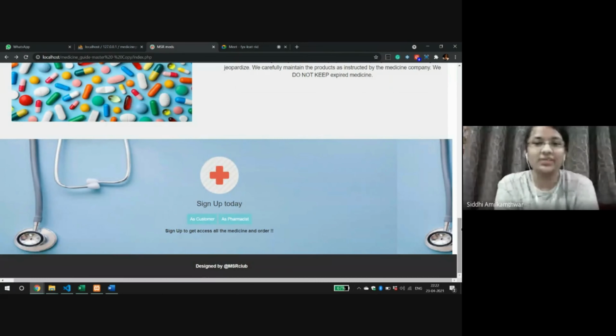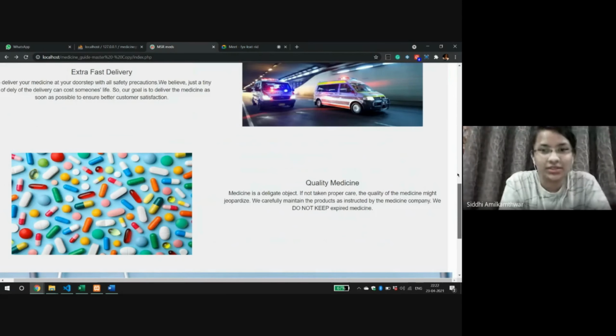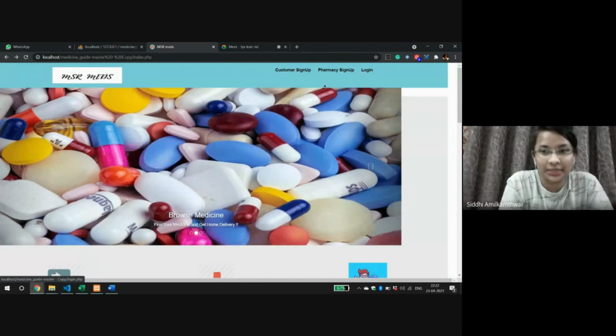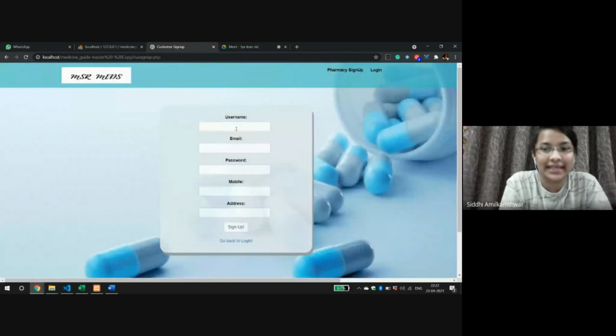Okay, so now as you can see, there are three options on the top of the index page, which are customer sign up, pharmacy sign up, and login. In customer sign up, users can register themselves by adding their personal details like username, email, password, mobile number, and address.